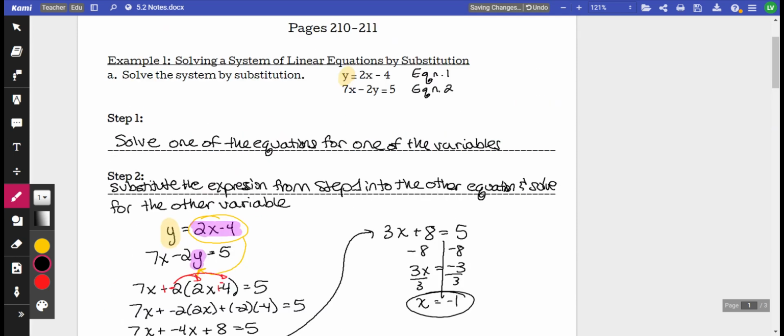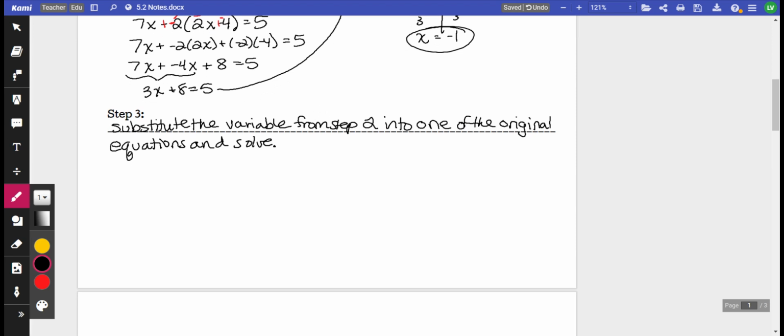So I can either take my y equals 2x minus 4 or my 7x minus 2y equals 5. That's up to you. I personally am going to take the first equation, y equals 2x minus 4,